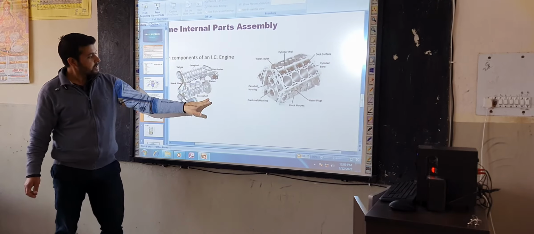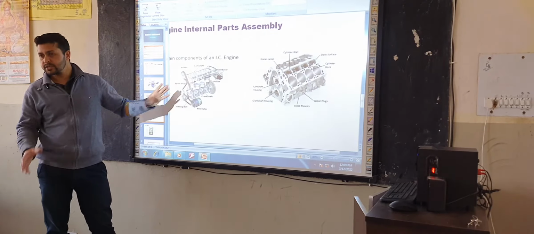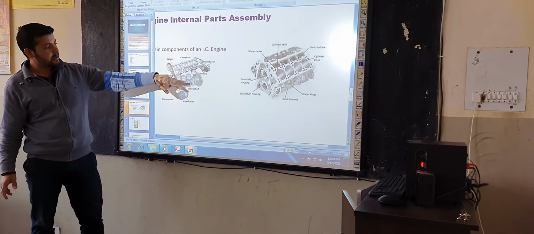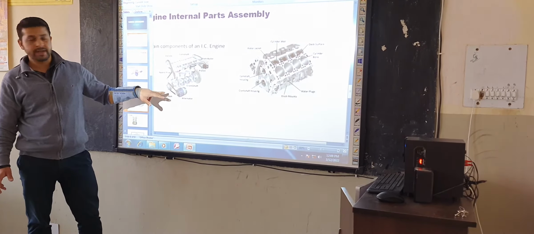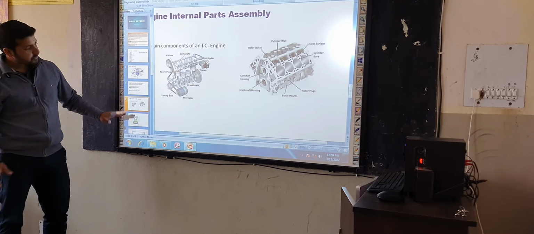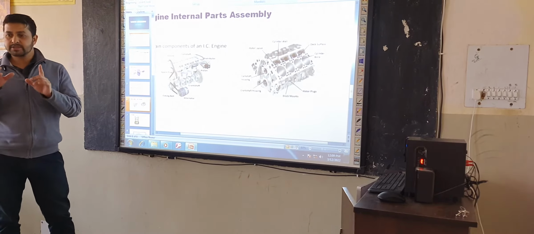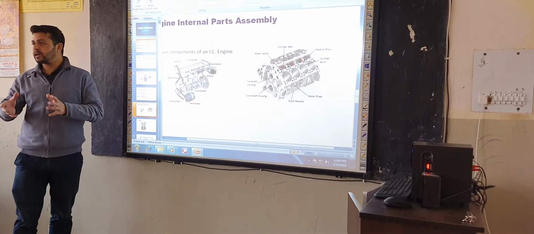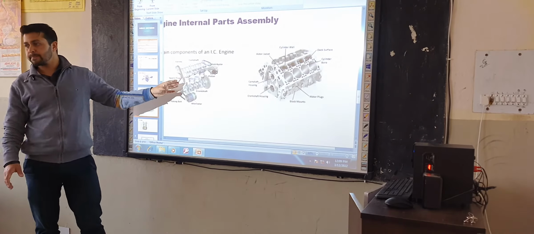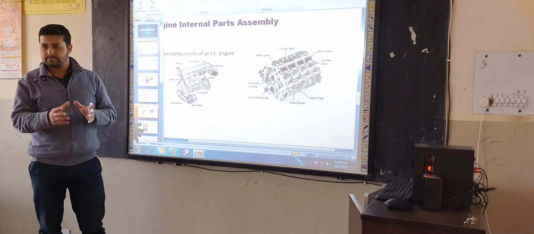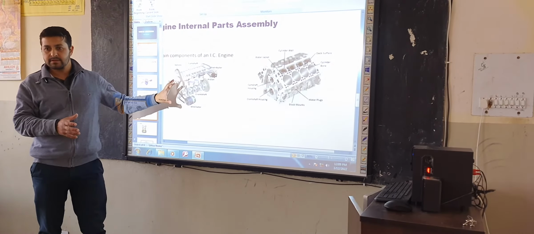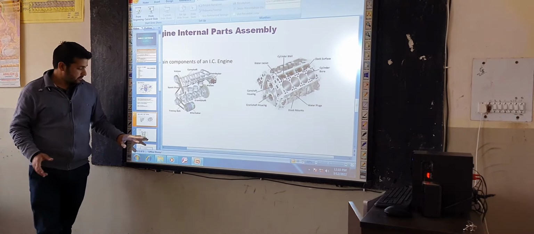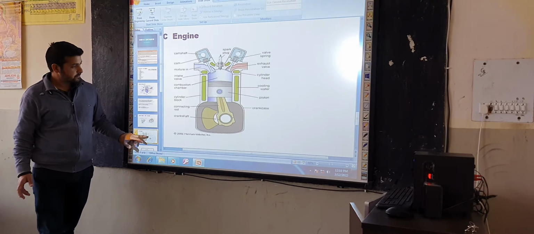Now, here we are studying just a simple 4-cylinder or 4-piston engine. So these are all the internal parts of an engine. Now, I am going to show you a single cylinder engine or single piston engine, how it looks and what the parts are. This is for the 4 pistons. Here it is not very clear where a part is connected,